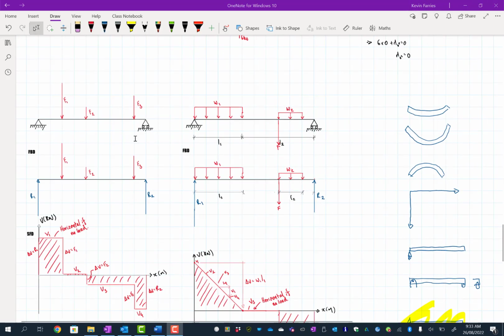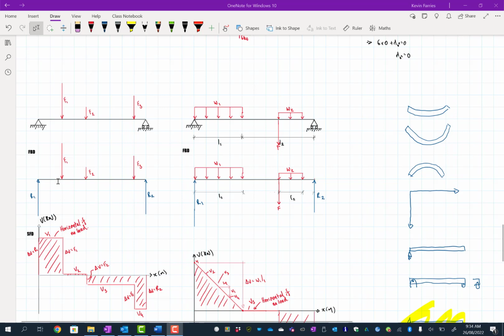Okay, so let's do a real quick recap of where we're at. We've had a look at point loads, where you're figuring out the shear force diagram: you just follow the forces. The shear force diagram starts at 0, and if you've got a force upwards, you move upwards by the same magnitude, and then you go horizontal between forces. This force is downwards, so I go downwards by the same magnitude, 0 between forces, and so on